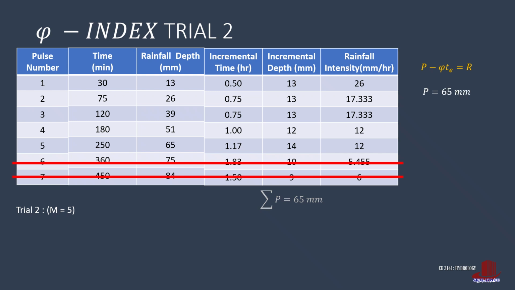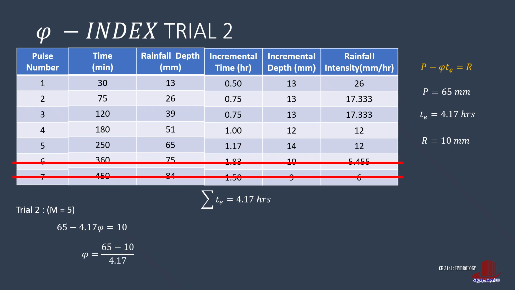Time is also taken as the summation of incremental time, which is 4.17 hours. The runoff remains the same as 10 millimeters from the premise. Plug all these into the equation, giving 65 minus 4.17 phi is equal to 10. Phi is then 65 minus 10 all over 4.17, resulting to